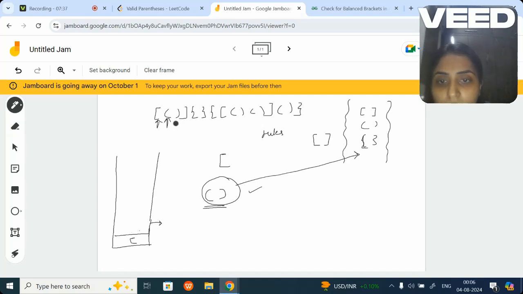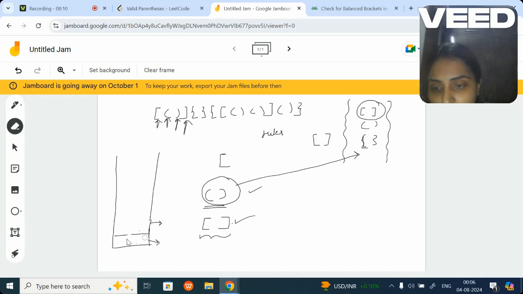We have done this. This is completed, right? Now let's go over here. It's a closing tag. When we go to the closing tag, definitely we are popping out from the stack. The very first element, when we compare both of them, definitely we have the matching set over here. And when we have the matching set, this is also a valid parenthesis. So we pop this out.